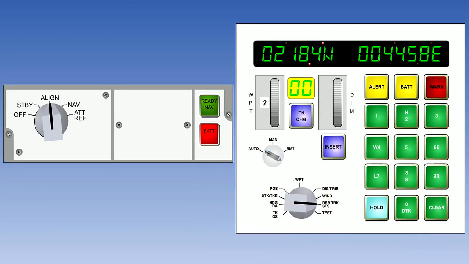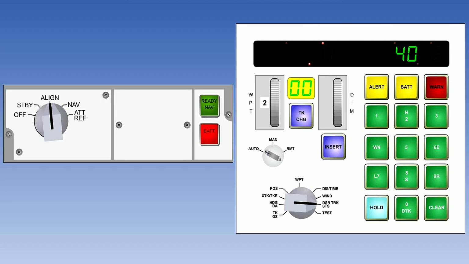It is possible to check on how much time remains to complete the alignment, although there is not much point. It will not make the alignment any faster. However, the facility exists during alignment by use of the desired track system status position on the CDU rotary switch. There are 2 windows on the CDU LED display, left and right. In pause and waypoint, the left is for latitude and the right for longitude. In any other mode, the left is for the first named and the right for the second.